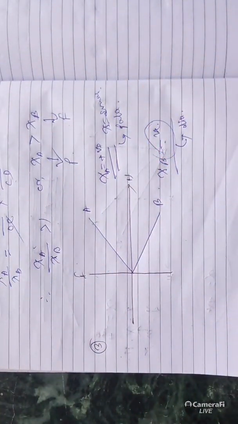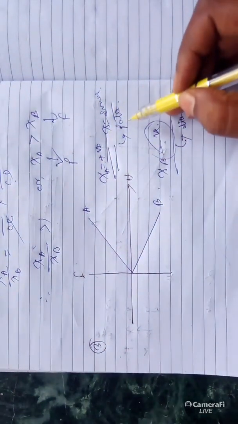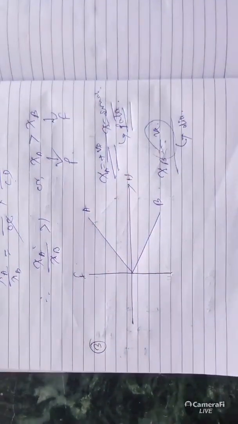That means first of all you have to identify whether the value of chi is positive or negative. If it is negative, directly it is a diamagnetic substance. But if it is positive, then it may be paramagnetic or ferromagnetic. If the value of chi is small and positive, it is paramagnetic, and if chi is large, then it will be ferromagnetic. Clear? So that's all for today's class. Thank you all.